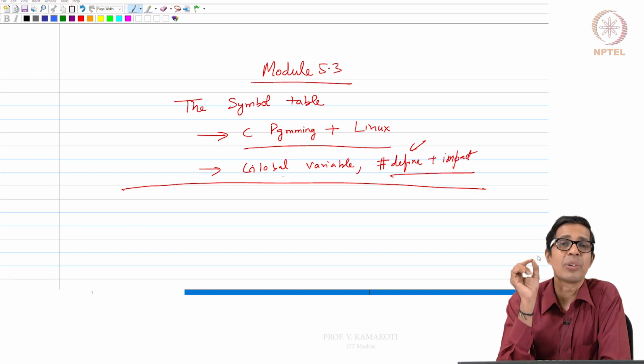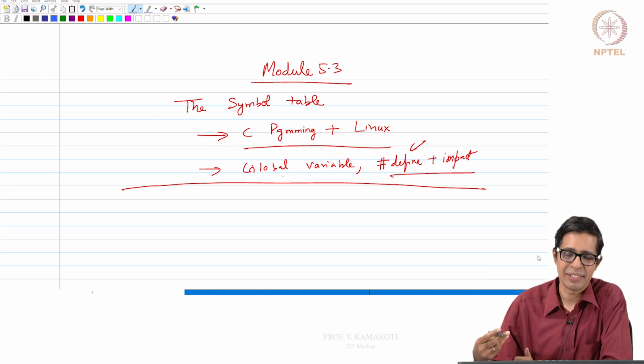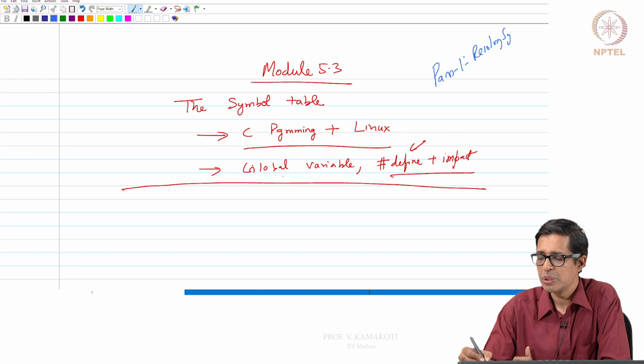the construction of the assembler. As I told, the assembler is a 2-pass assembler, right? So the pass 1 is basically used for resolving symbols, and the pass 2 is to actually generate the binary code.